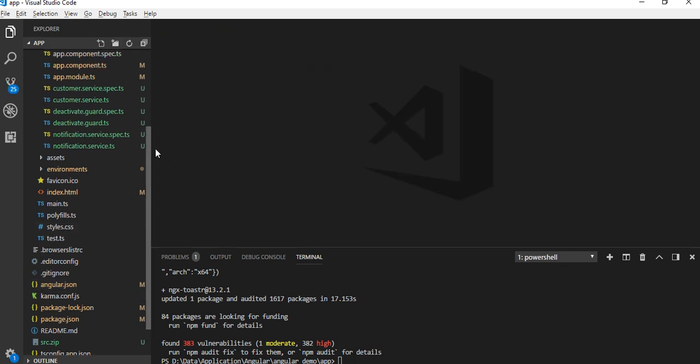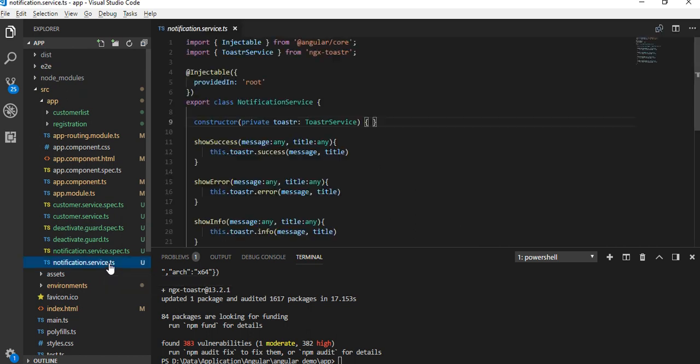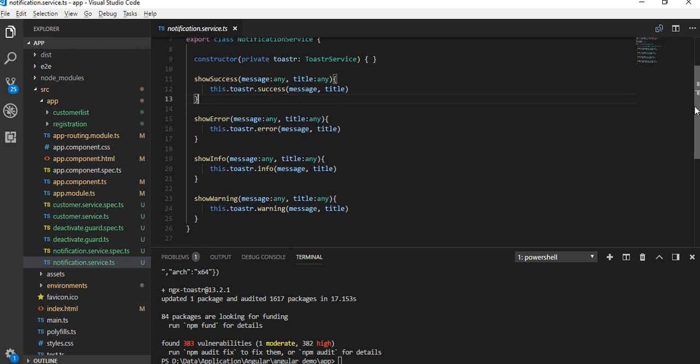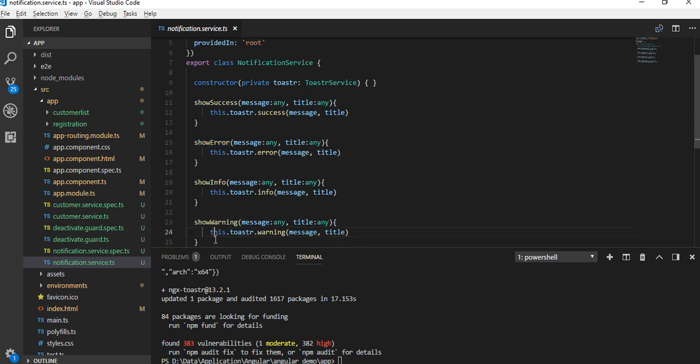Now what we have to do is define one service, and inside this service we'll call every method which is defined inside the toaster file. I have already created one service, the notification service, and inside this notification service I have implemented all 4 methods, to show success, error, information and warning.